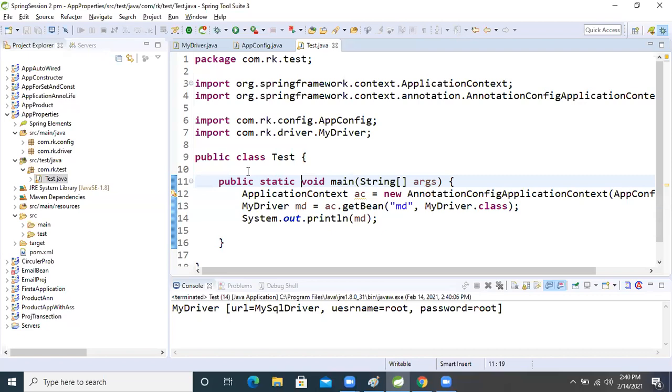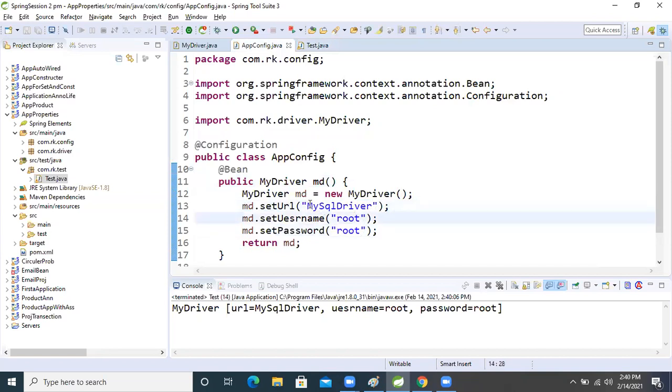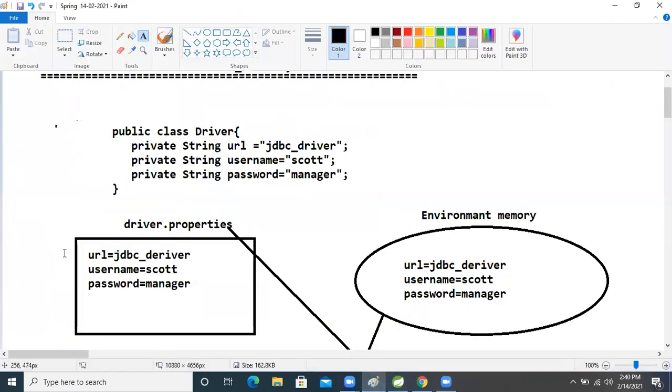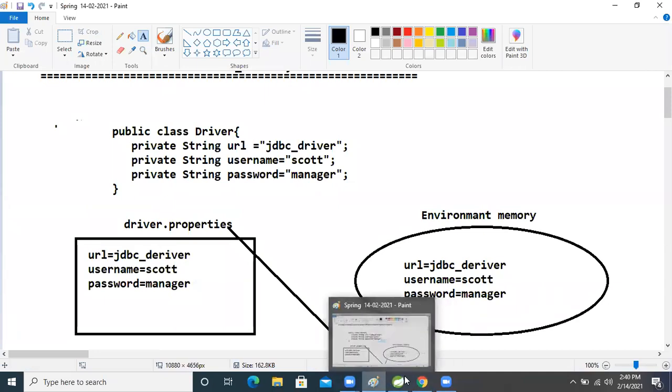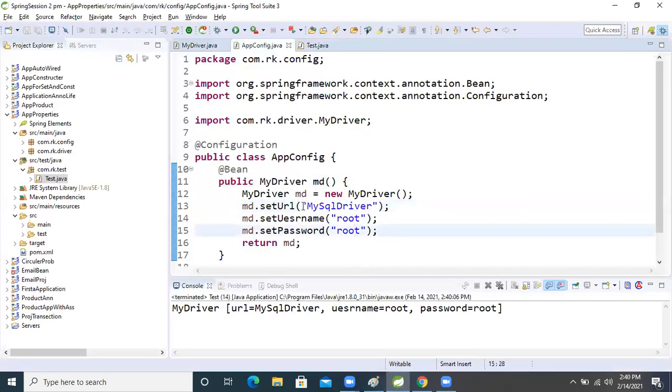So what will we do now? We will not configure this here, we will not write this here. For that, we will create one file in the resource folder. Which file will we create? This file, the driver.properties file, with whatever data changes frequently. Which data is frequently changed? This data: driver, root, meaning username and password. Tomorrow if the client needs, they can change the Oracle driver, right?